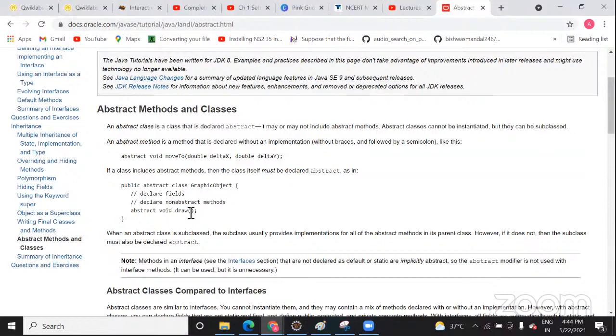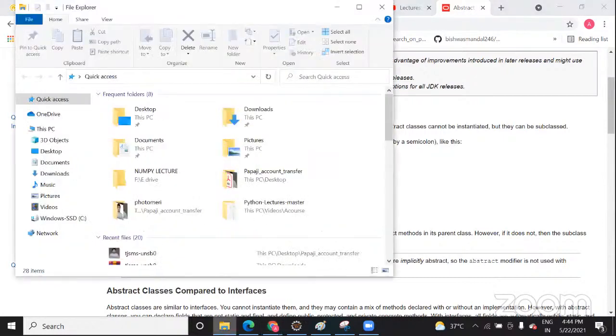Just like in an interface, per child class they can implement this abstract class based on their requirement. Now if you made it private, no class can inherit it, no class can use it. That's the reason you can't make it private. And interface is using the concept of abstract only. The only difference is that I'm going to show you now.